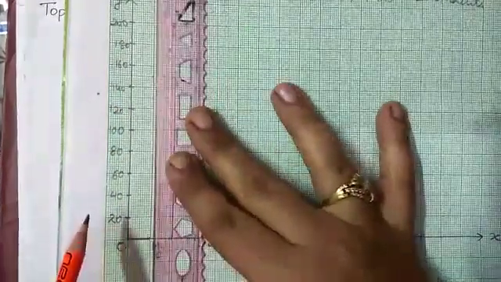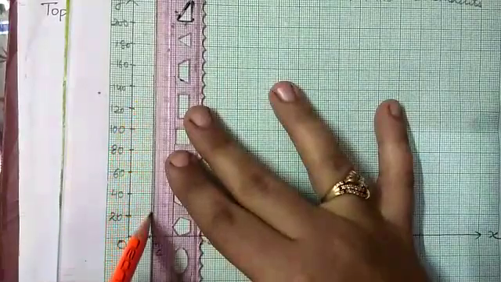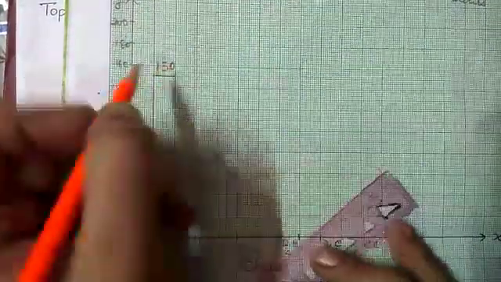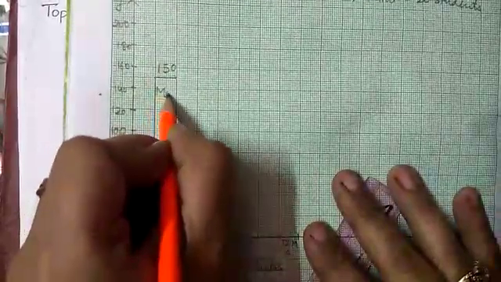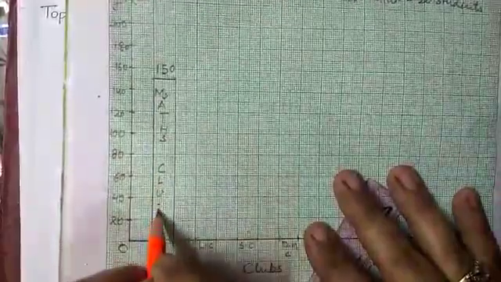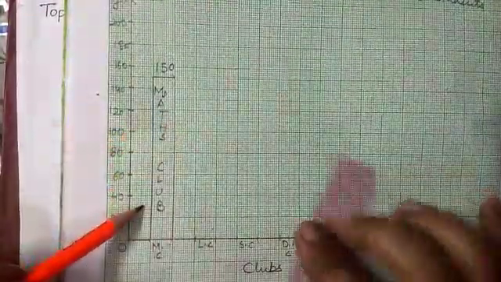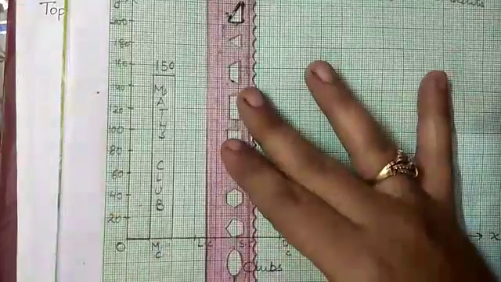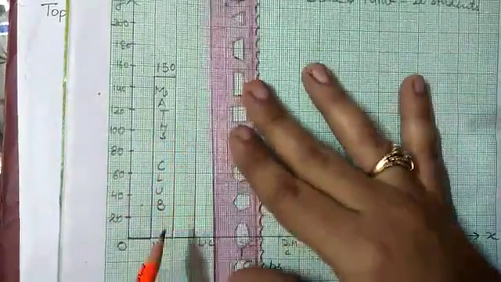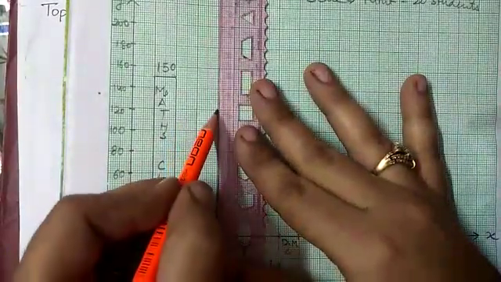Now join these two lines using the scale like this. And every time remember to mark here 150, that is, the students of the maths club are 150. See, now I have written it completely. It's clear from here which club I am representing. Now the language club has 120 students. So I will draw a line here and here also. Fine. Using the scale, mark it here.